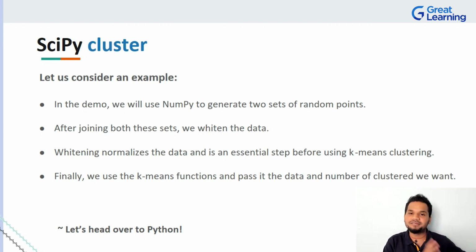So what are we doing? We generated a couple of random data sets. We eventually brought them together. We ran it through k-means clustering. And after that, we ran it through a function where we can talk about how divisive it is and what level of modularity you require with the SciPy clusters that we're talking about, right?